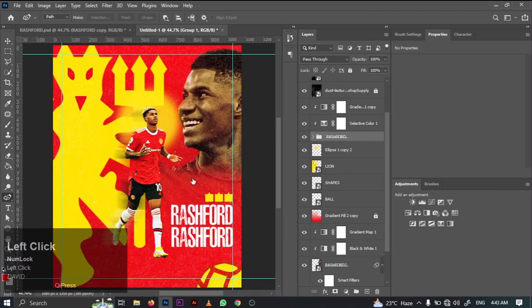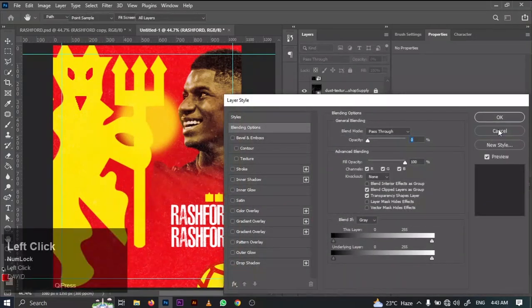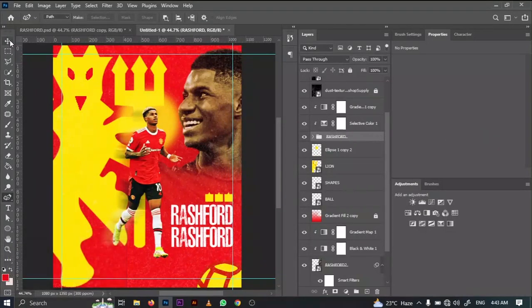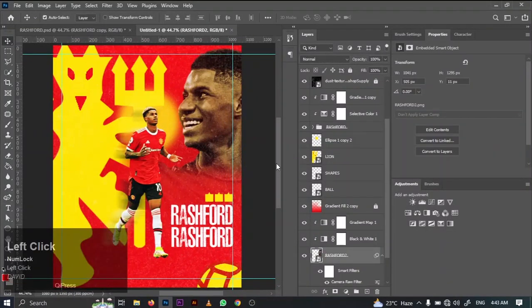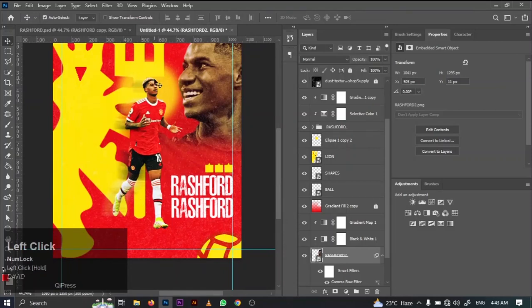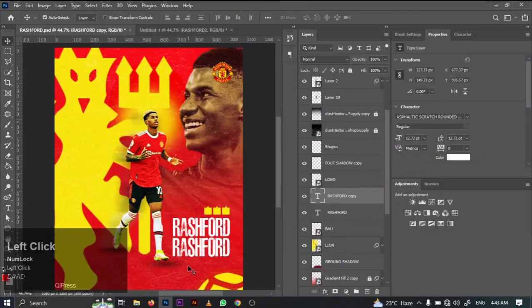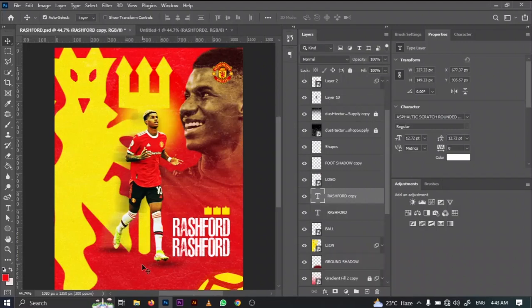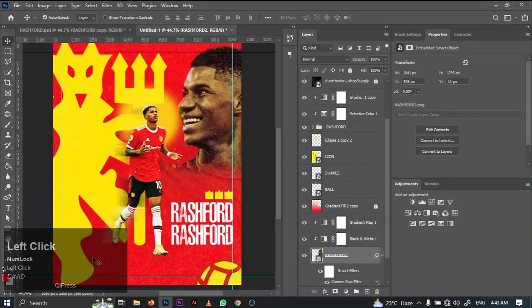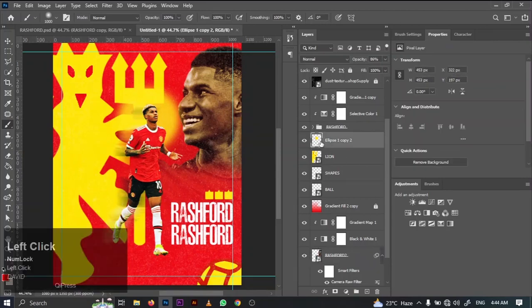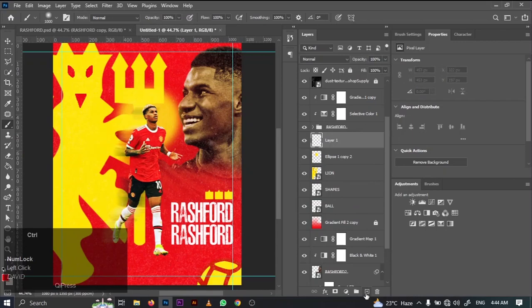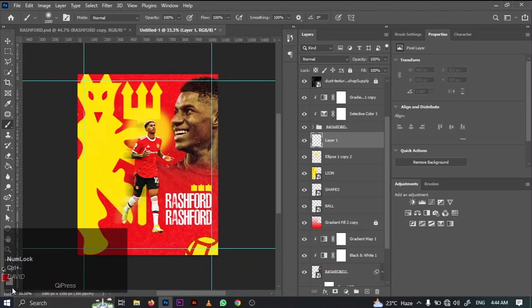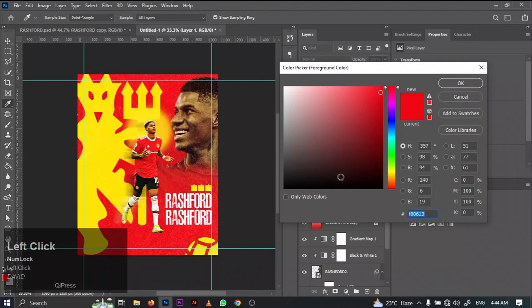Alright, so the next thing we're going to do here is add shadows. We're going to use our brush tool and add shadows. That's the last thing we're going to do here. Add a darker shadow under here. So press B on my keyboard, go to the layer just below this layer, and click to open a new layer, just move it down a bit. We'll make it a dark red color,